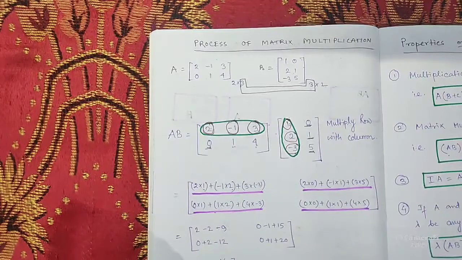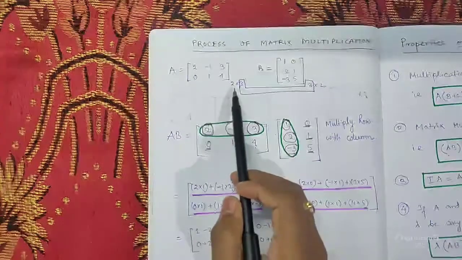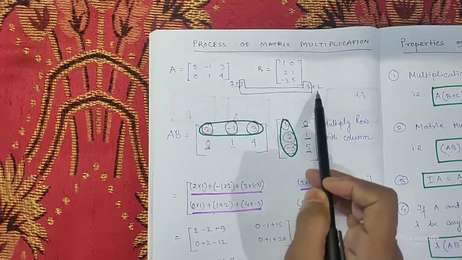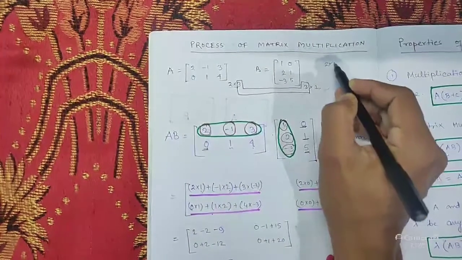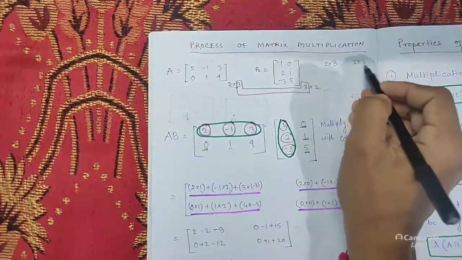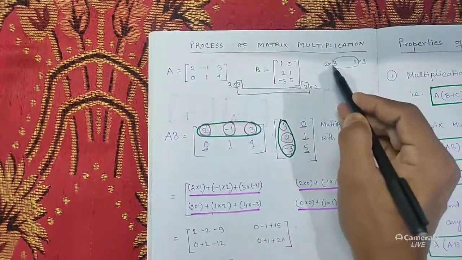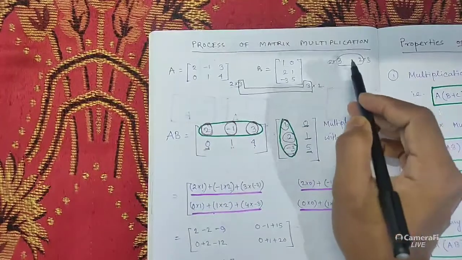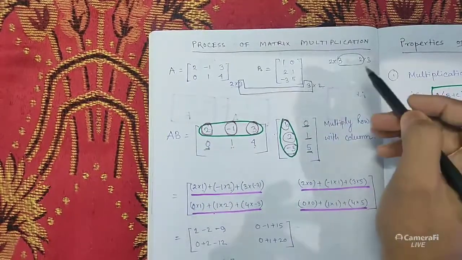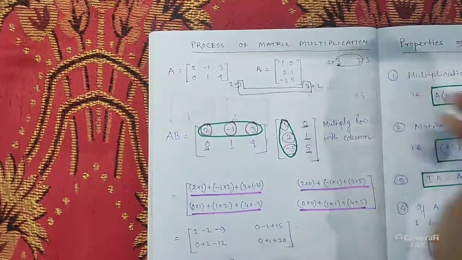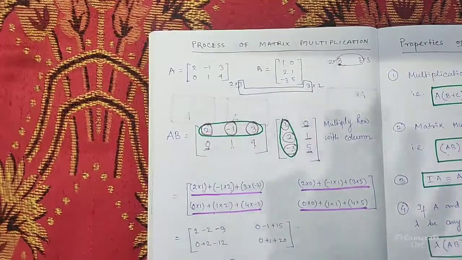Why, Ritesh, are you not getting it? Why can't we multiply a 2 by 3 matrix with another 2 by 3 matrix? See, here the orders are different. We have to multiply a 2 by 3 matrix with a 3 by 2 matrix. With 2 by 3 and another 2 by 3, the number of columns is not equal to the number of rows. The number of columns of the first matrix is 3 and the number of rows of the second matrix is 2. That's why we can't multiply.